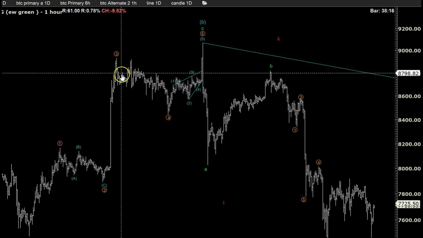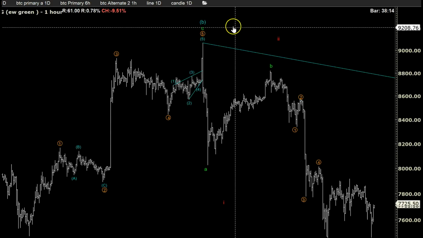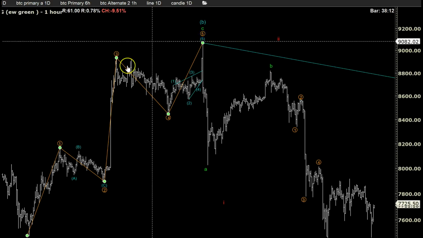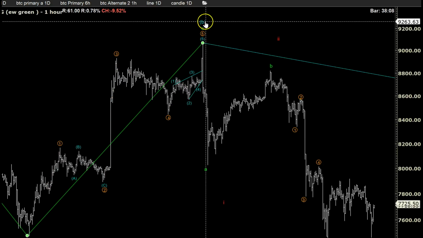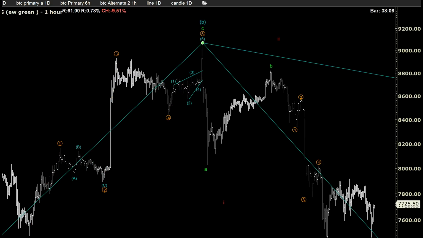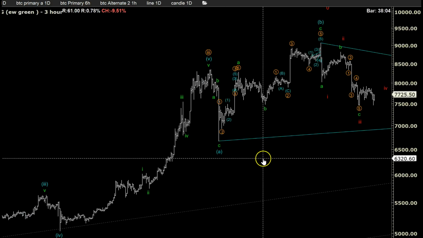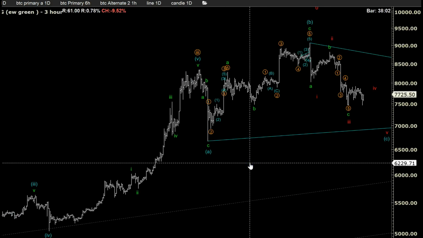So we go 1, 2, 3, 4, and then 5 to complete this wave 5, to complete this wave C, to complete this wave B. Okay, so go back and look at the charts, and you start from basically, that's all you got, A, B. Then you go and you open up and you have ABC now, and now you have your ABC, which is